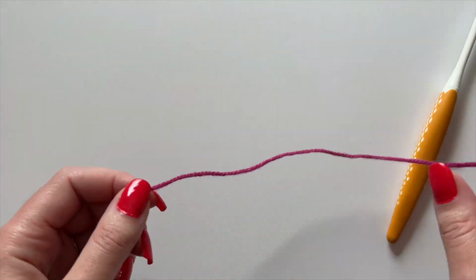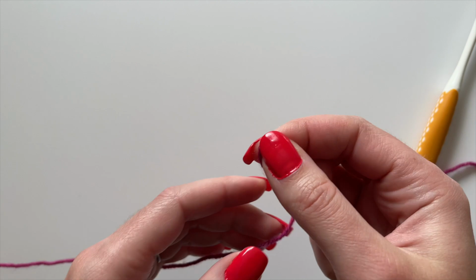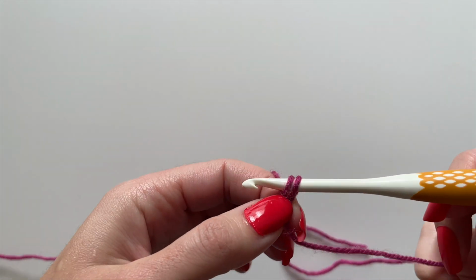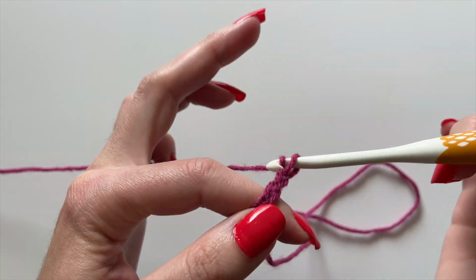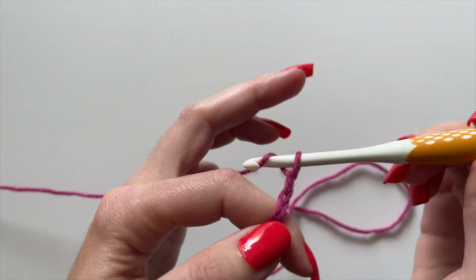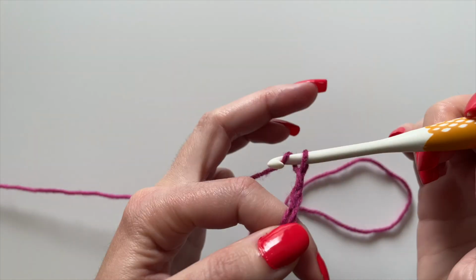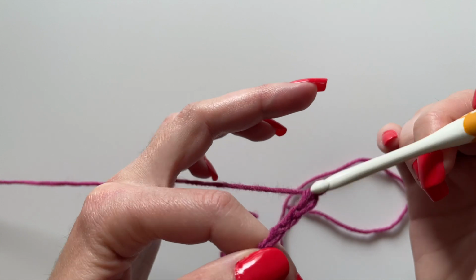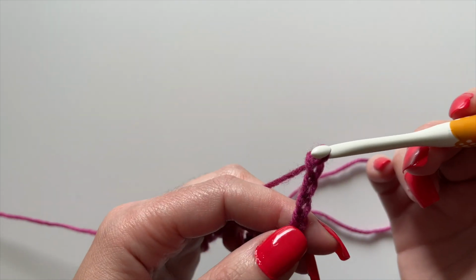We're going to begin by leaving a nice long tail end, making a slip knot, and chaining 19. Now the first thing we're going to do is turn our work over, so we're